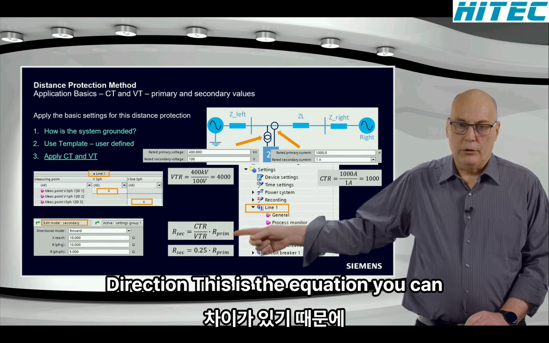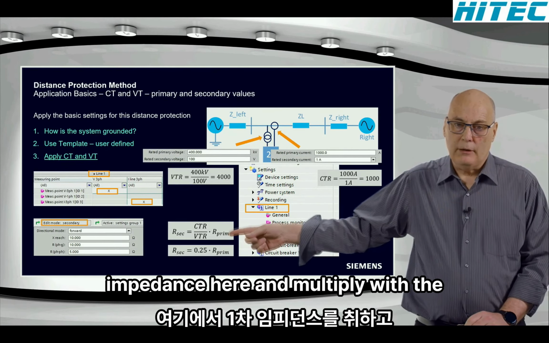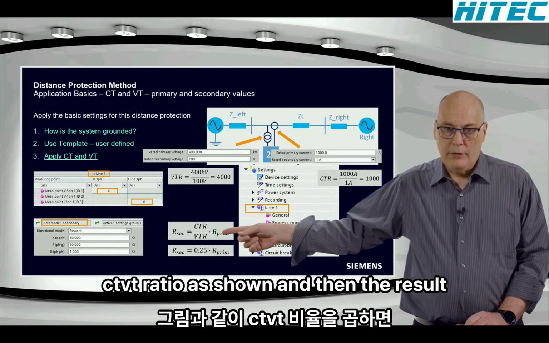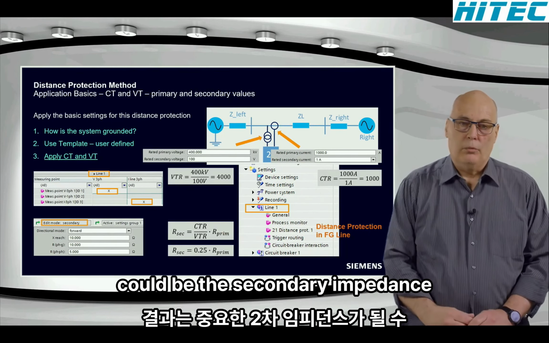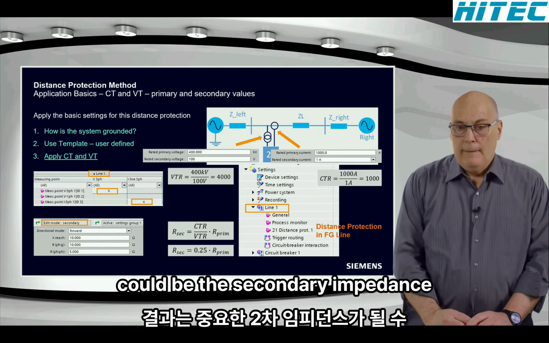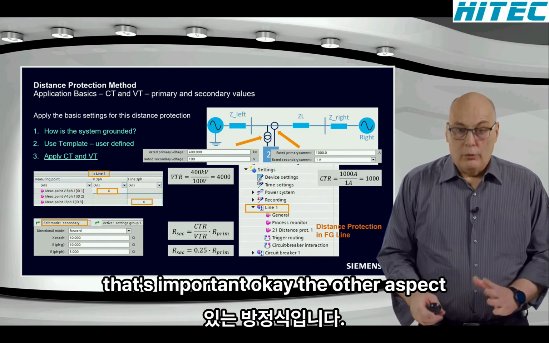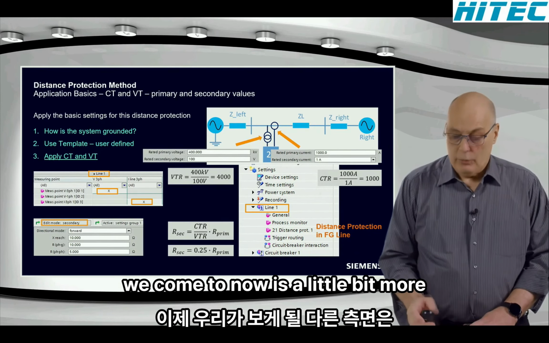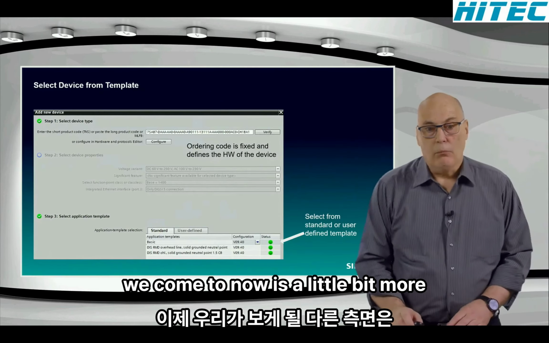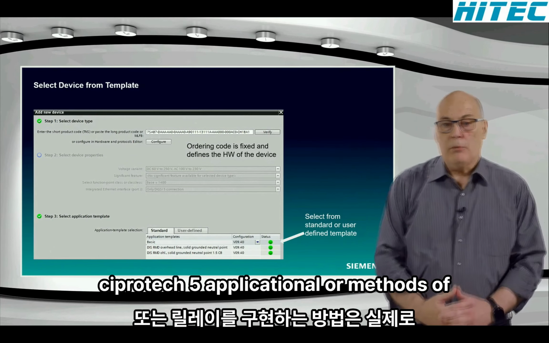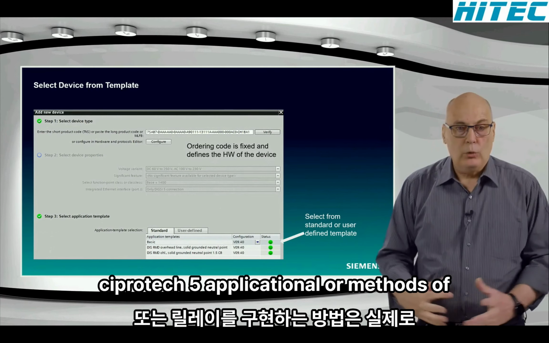You have to convert the primary to secondary based on the CT-VT ratio. This is the equation you can use, where you take the primary impedance here and multiply with the CT-VT ratio as shown, and then the result is the secondary impedance. That's important, okay? The other aspect we come to now is a little bit more general CPROTEC 5 application or